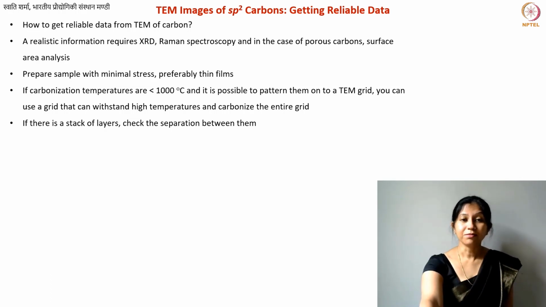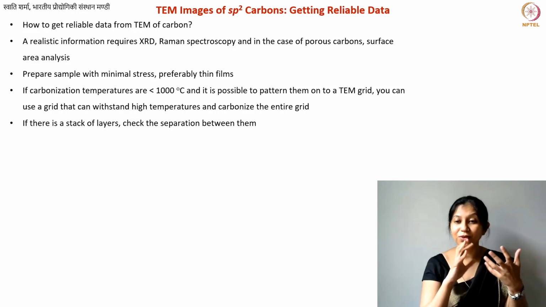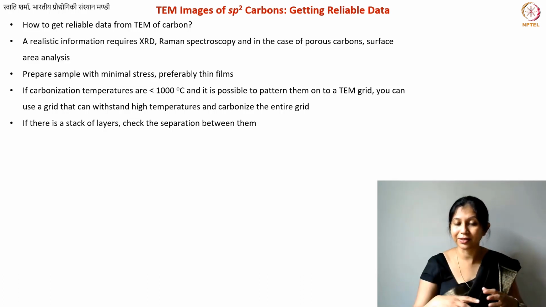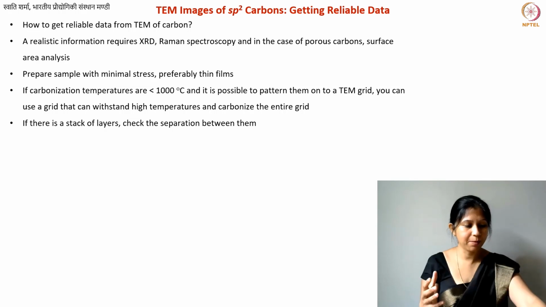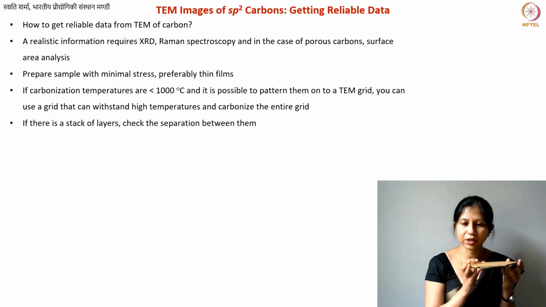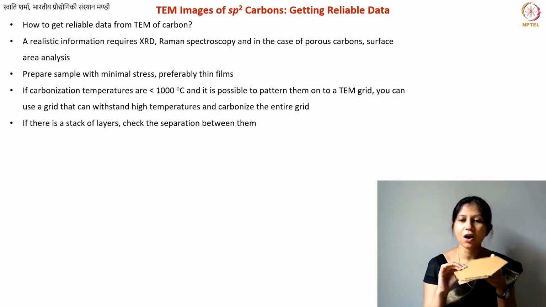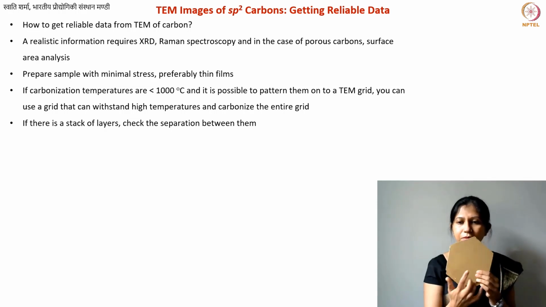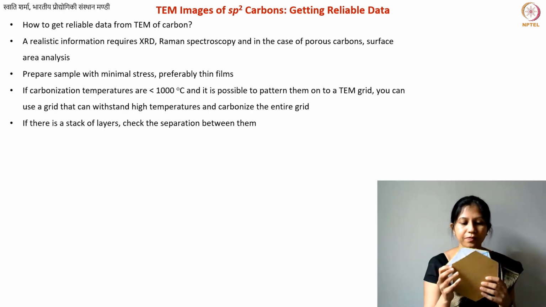Okay. The stack of layers is the most important and interesting thing, because all the planes look crazy, they just look like intersections of several planes, but this is something that you need to be careful about. Now what happens if you see two planes? I don't know if the cross section is visible, but these are two sheets, right? So if you see something like this and you are confused whether what you see is the side view of this stack or the top view. So let me make it white.